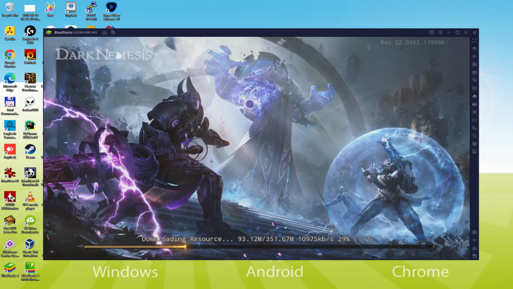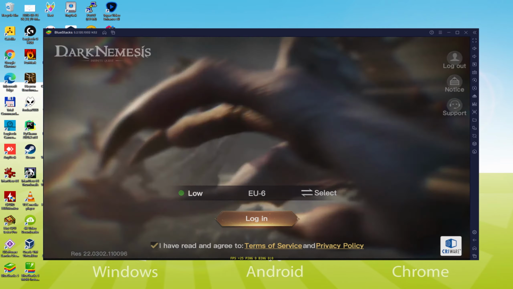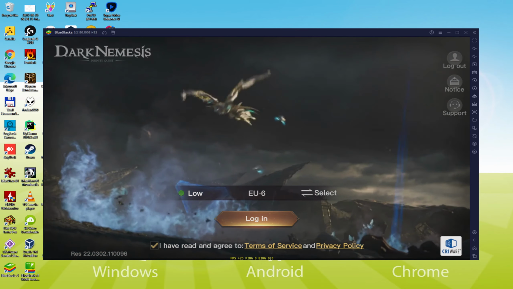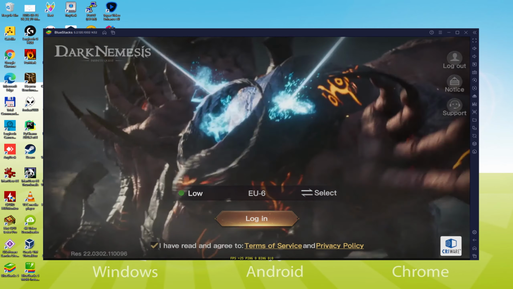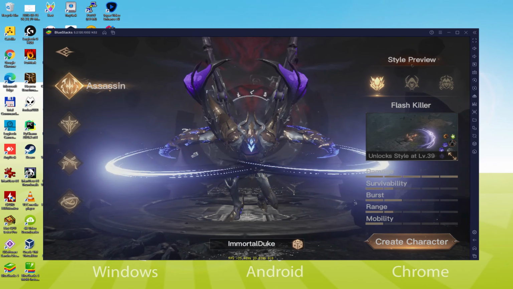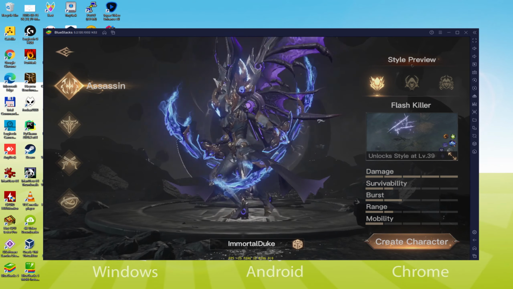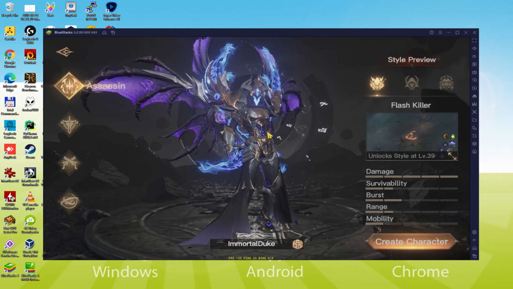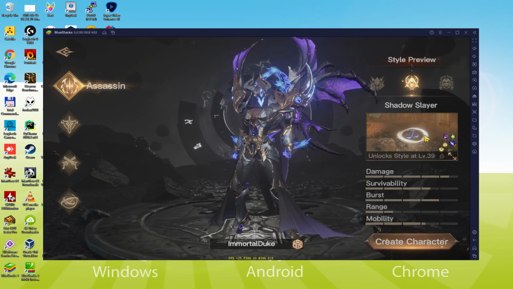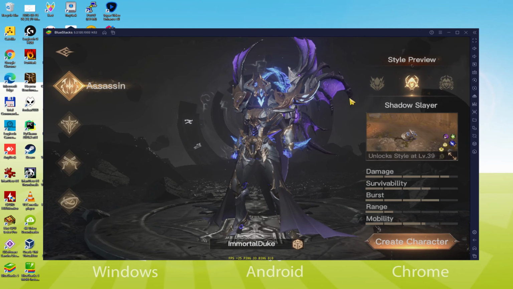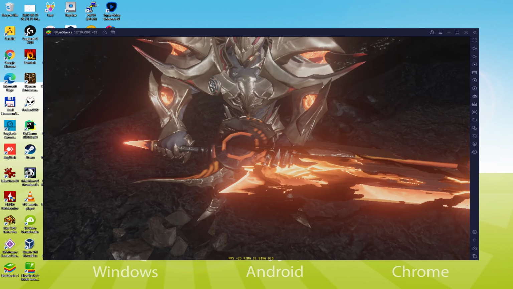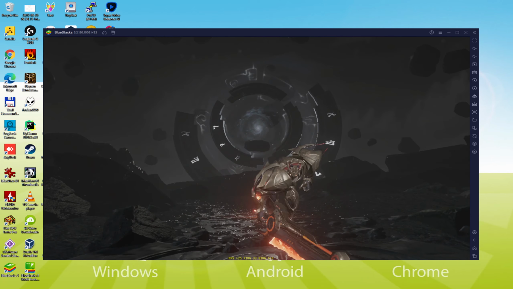Today we are going to see how to play Dark Nemesis Infinite Quest on PC using the brand new BlueStacks 5, that is designed for blazing fast speed and high-octane action. It packs a punch with mega performance upgrades and it has faster performance than any other high-end Android device or Android platform. We will be able to easily download and install Dark Nemesis Infinite Quest and enjoy the game on our Windows PC with keyboard, mouse and big screen thanks to BlueStacks 5, which is the Android emulator that we recommend to play Dark Nemesis Infinite Quest. So without further ado, let's get to it.